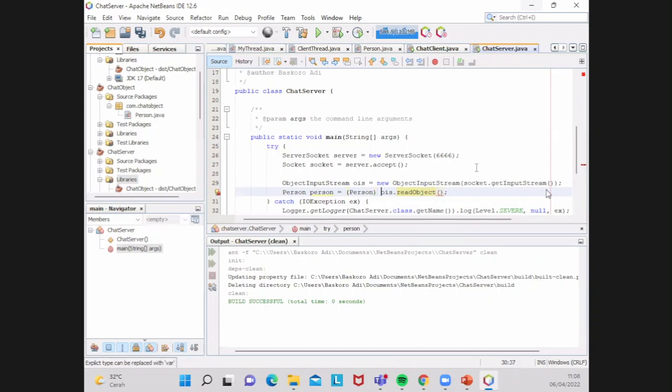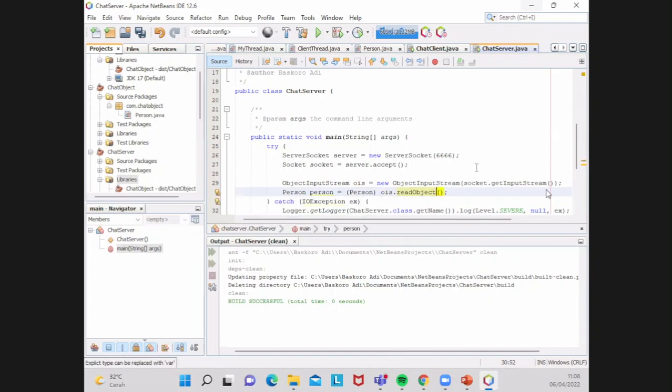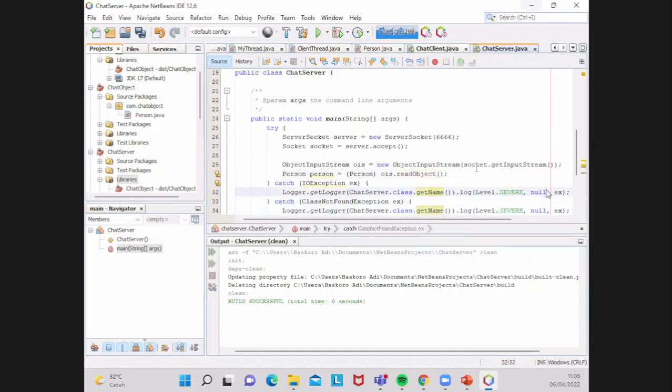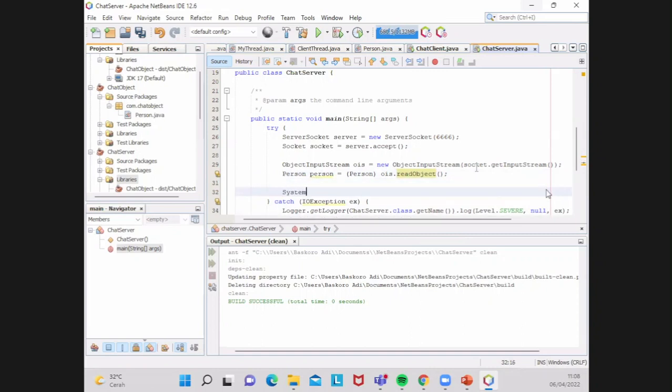So you can typecast an object to any of its descendants. Okay, we need to add the catch clause in case the class is not found. Normally it is. Okay, and then just gonna print out